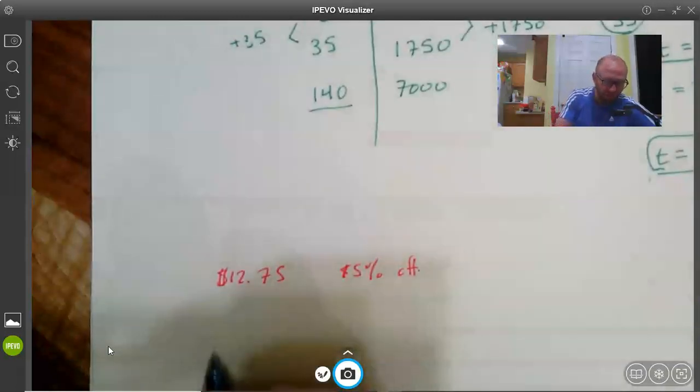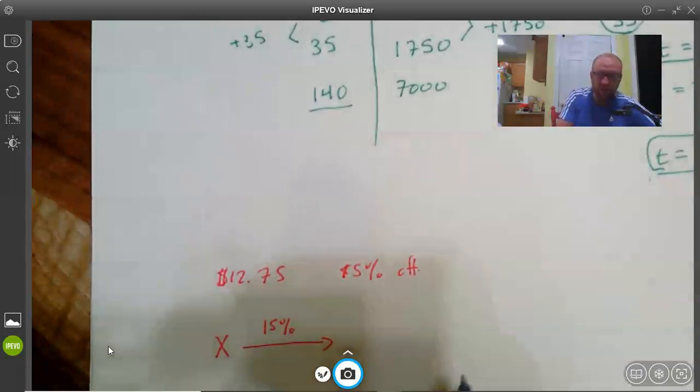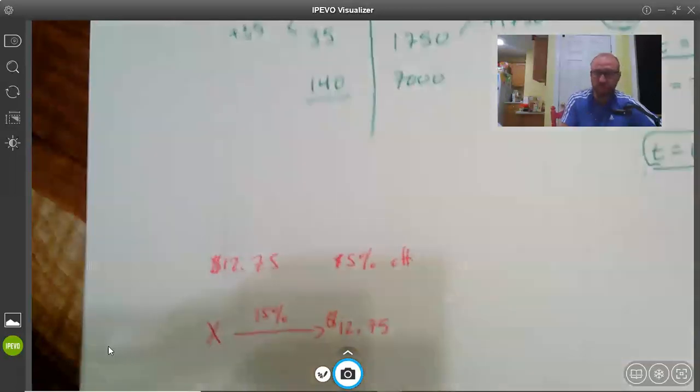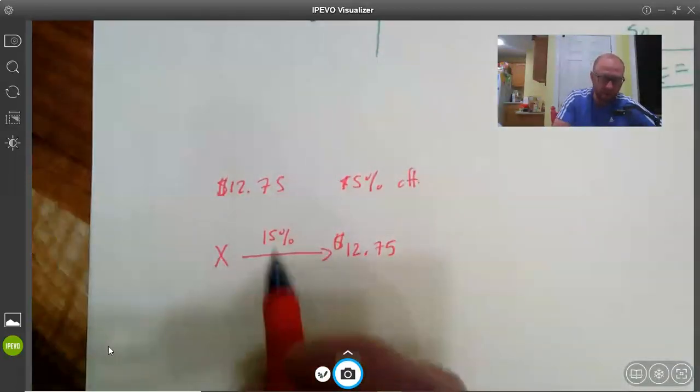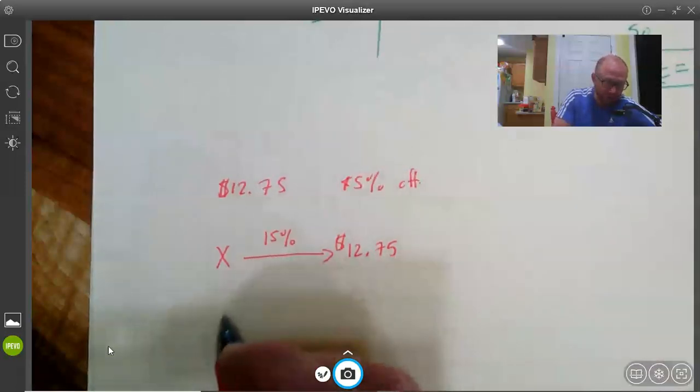So we had some original price. We'll call it x. And then x was 15% off, and we ended up with $12.75. Now, think about how we would do this calculation. Well, we turn 15% into a decimal or a fraction. So we would say